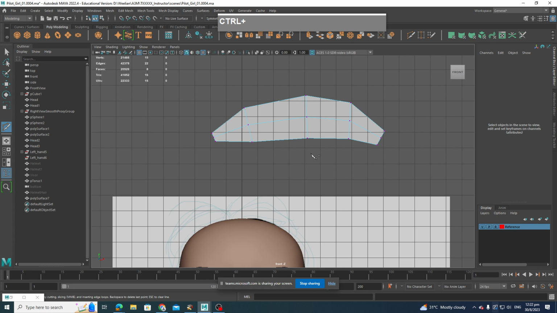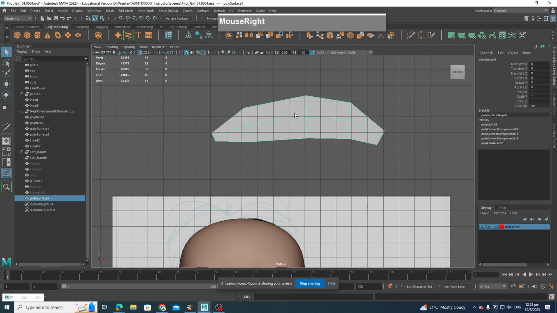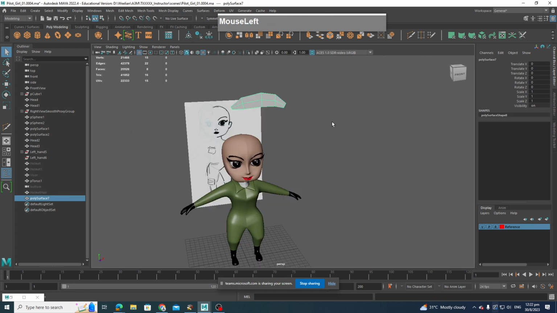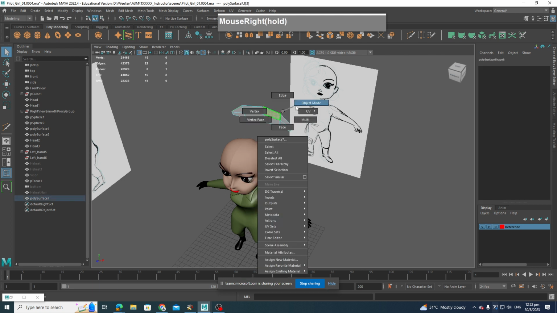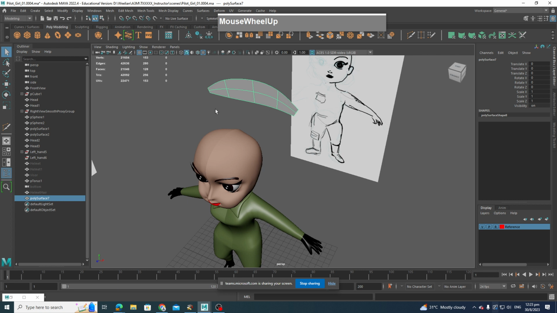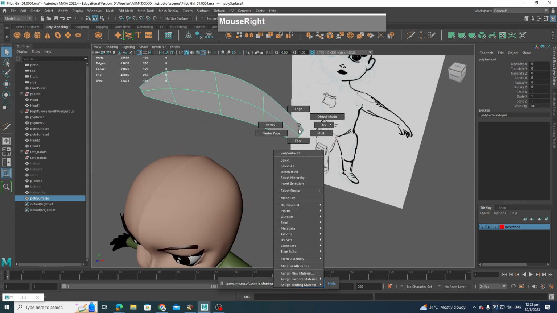like this. Right, then I will center the pivot of this object in object mode, center the pivot, then freeze the transformation. Right, so let's adjust this strip here. So right now this is just a flat strip. If I press number 3, you can see that it becomes like a strip of hair like this, and maybe